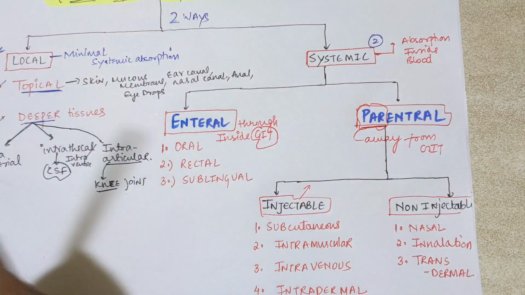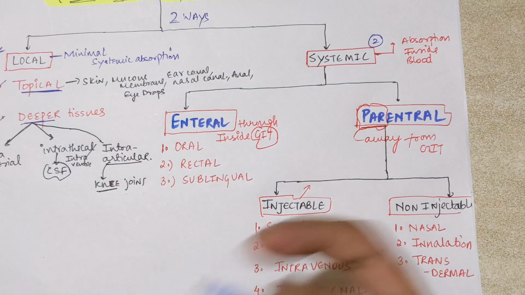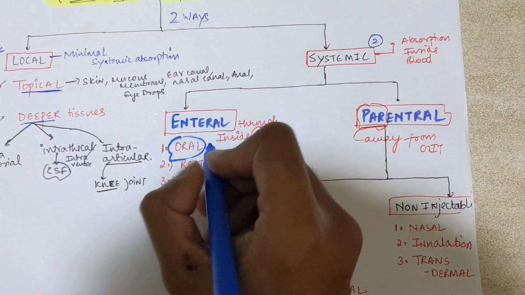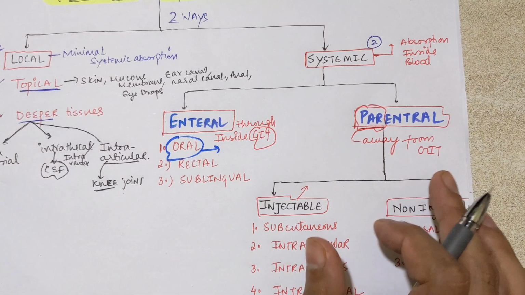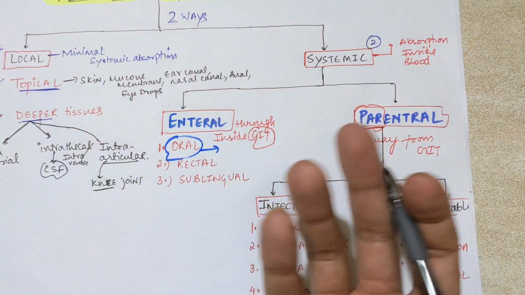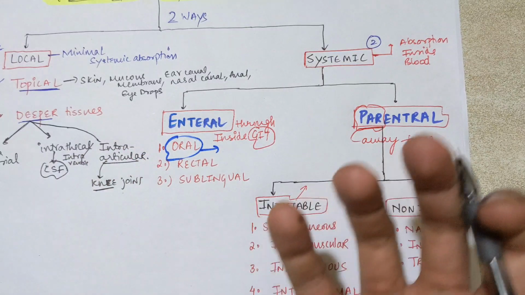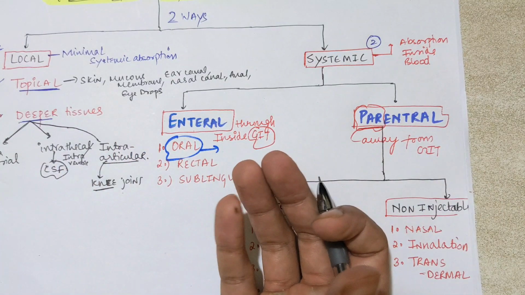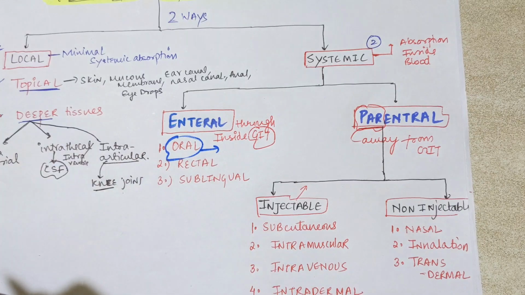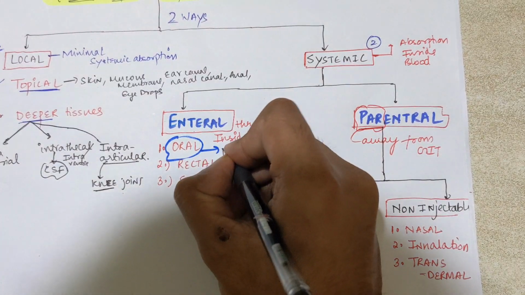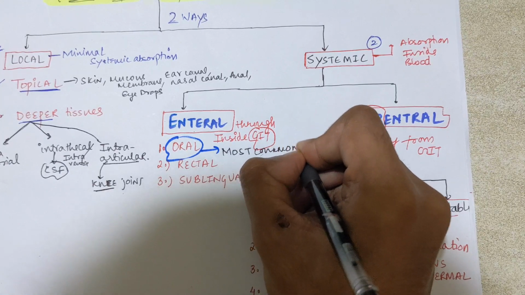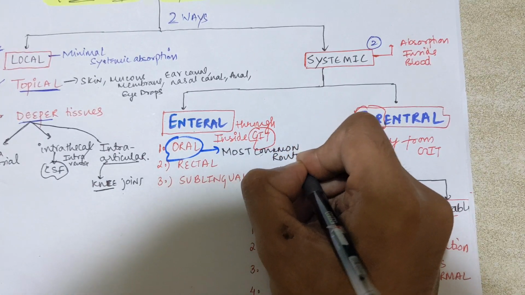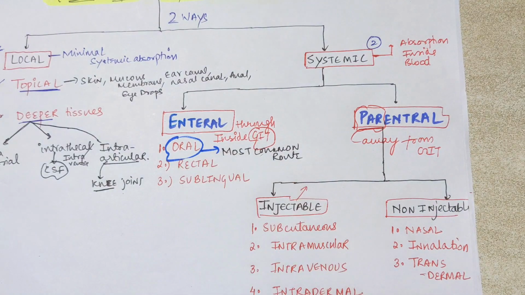So in the enteral route, the basic route, the commonest route and the oldest route is the oral route. Okay, and very cheap and non-invasive also and effective also. Clear? So first route, the oral basic route, you take the tablets, capsules. Different basic tablets you are taking come in the oral route. So it is the most common route of drug administration. Clear?